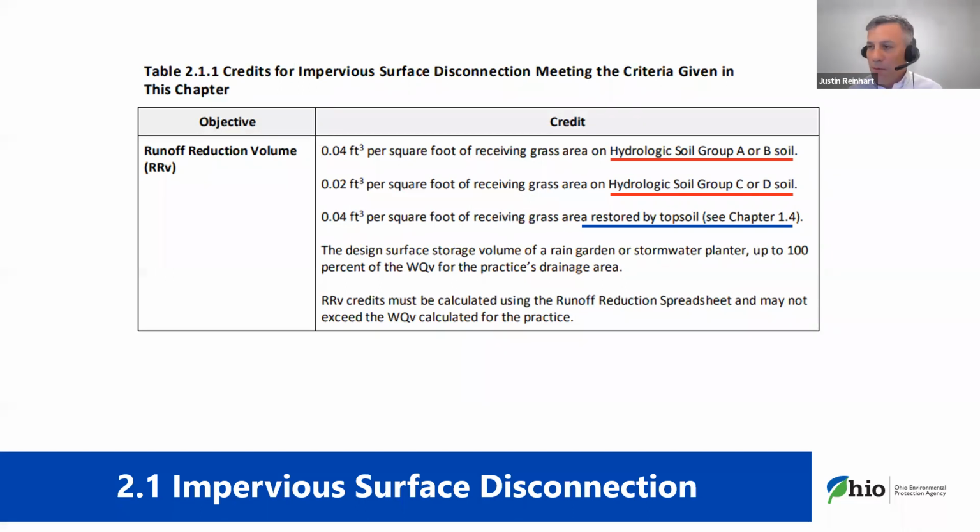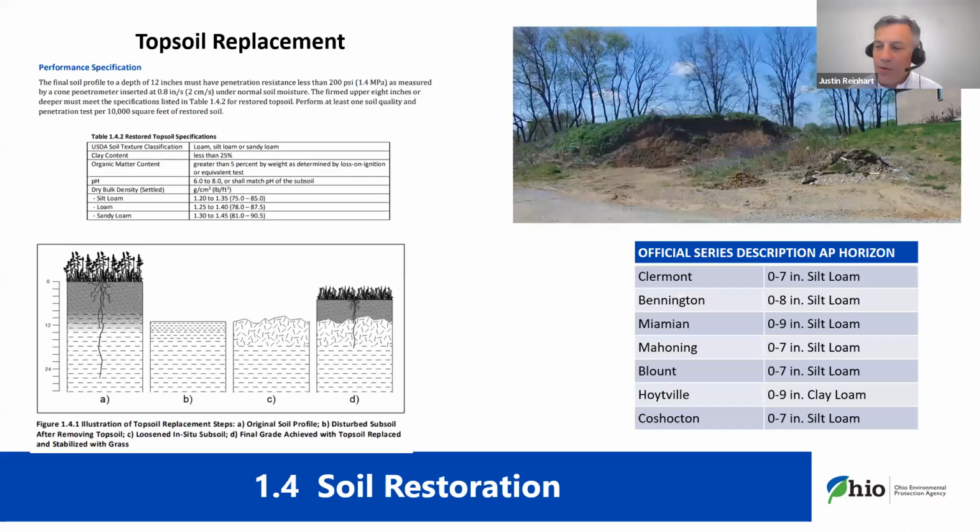We can give credit to raise that if we have that grass area back to an idealized condition through a soil restoration process. And that is in our soil restoration standard. I don't know if that's the right term. I know soil restoration seems to imply something different, so I really like to focus more on the two tiers in that standard,